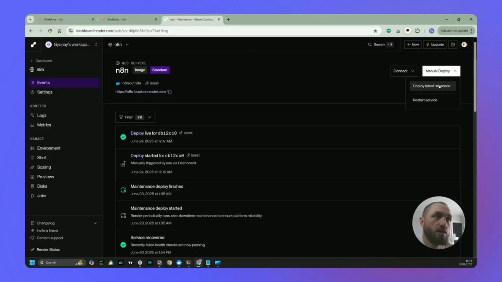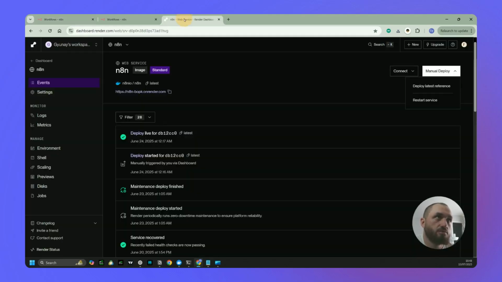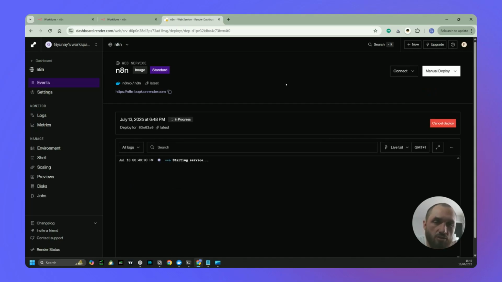Deploy latest reference, and just be careful because all of the active workflows are going to stop for the moment. Deploy. And it's going to download the latest image of N8N and install it, but because my variables are going to be the same, it's going to use the same workflows, credentials, and all of the data in my N8N is going to be pulled up again from the Supabase database. So it's going to be the same N8N